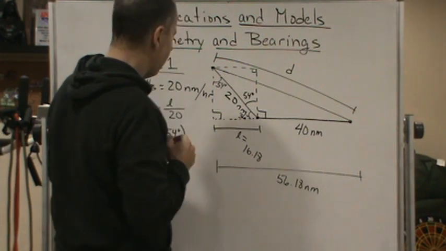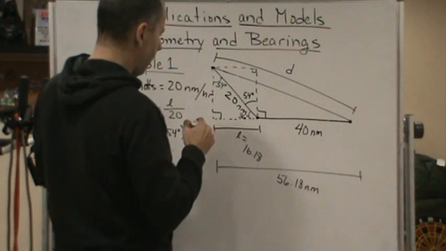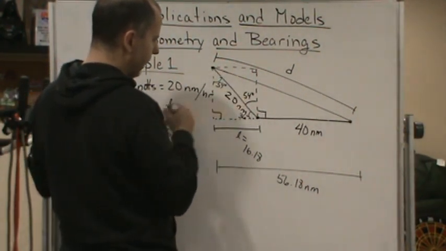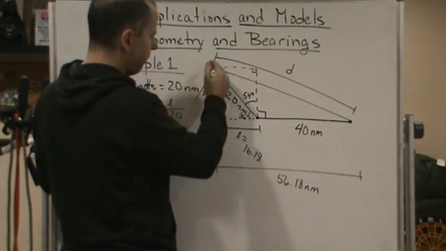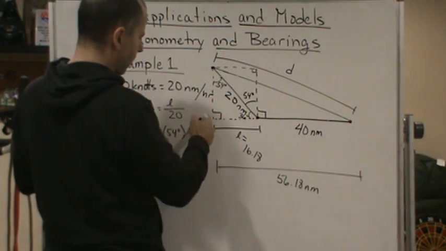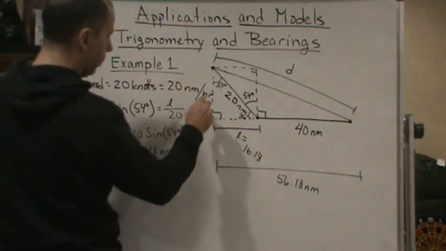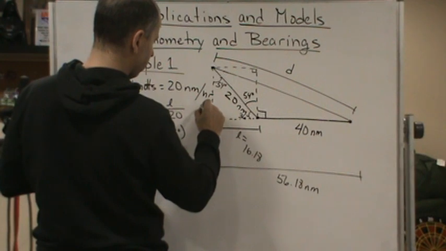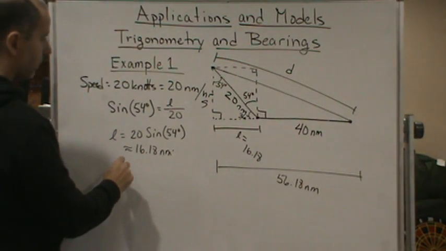You know what? Let's do this because I'm going to have to do more and more stuff. Let's find this side here. I was going to try to find the angle, but you know what? To find this side, we're going to have to do another step. Let's find this side because we can easily find that side. We'll call this S. And so let's do